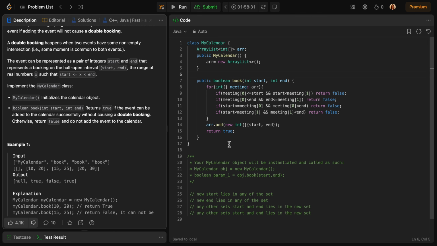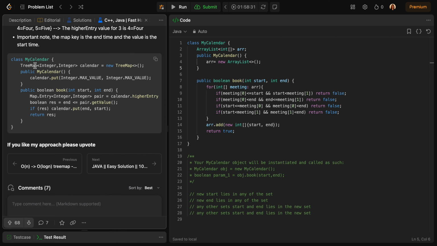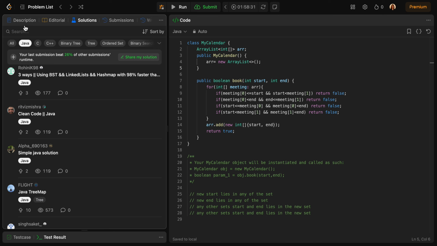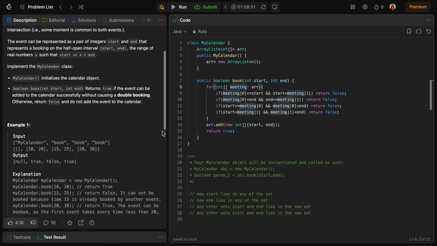So I wrote some code and it worked, and I went online to see what other approaches people are giving, and I saw that people are using hash sets and tree maps. So I thought, why not share my solution with you guys, where, as you can see, I have not used any kind of extra data structure. It's a very simple, clear code. I thought of sharing it with you. It's very easy to understand. So what I have done,